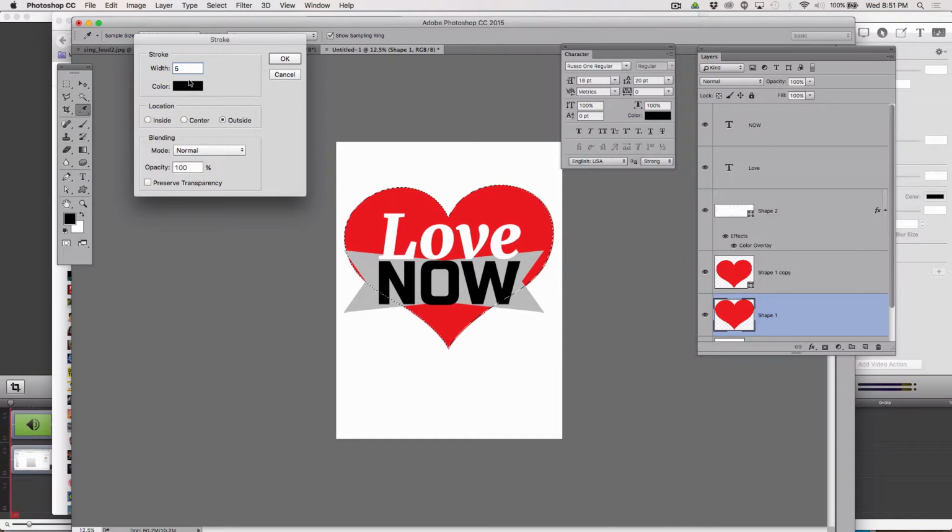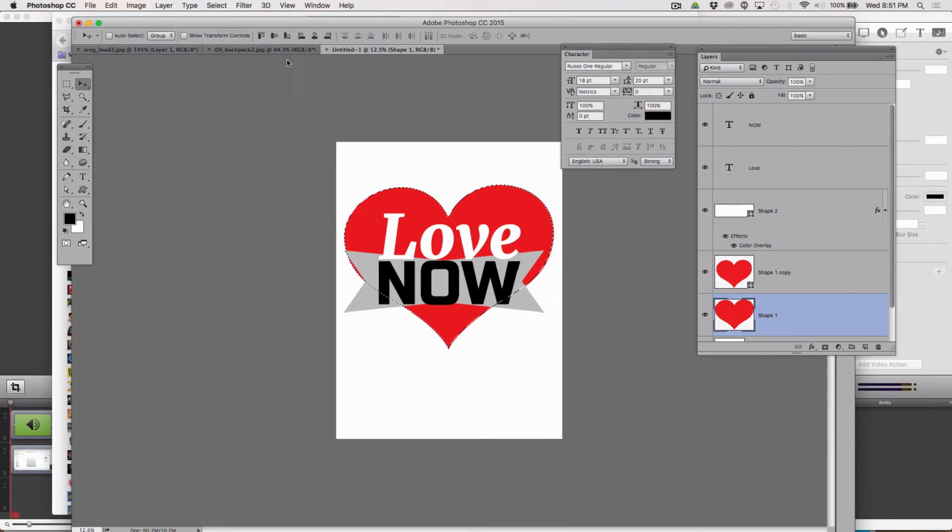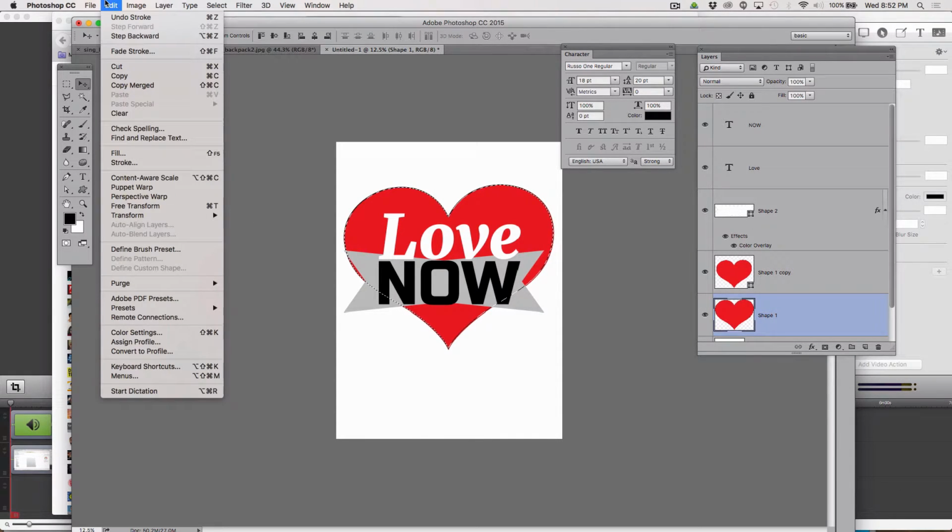I'll tell it 5, and there's no preview button, which is very sad, so you sort of have to do it, and if you don't like it, you have to undo it and do it over. So click OK, and it looks kind of thin, but it's definitely doing something. So okay, edit,